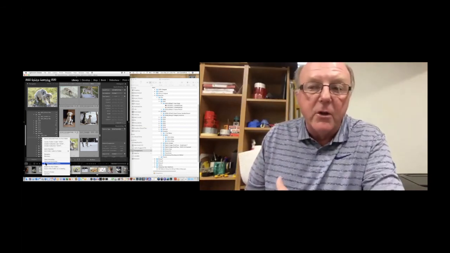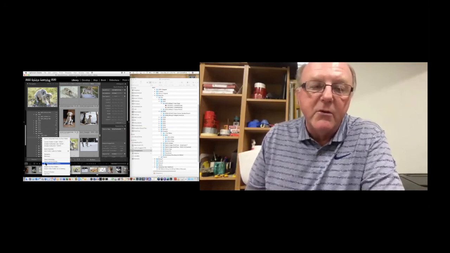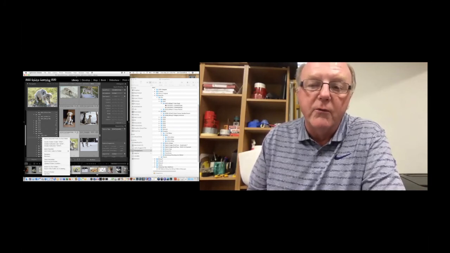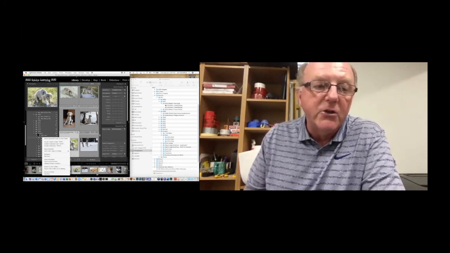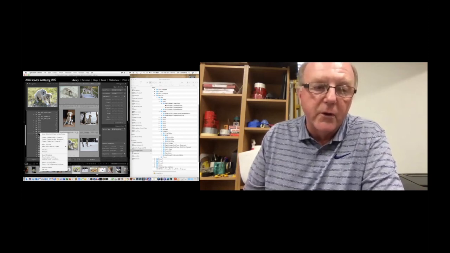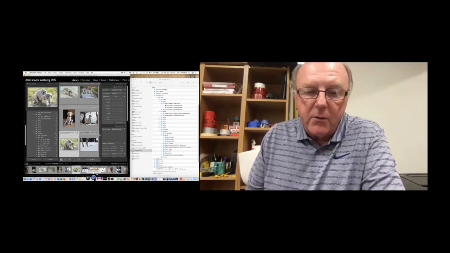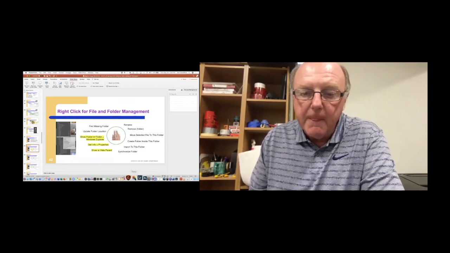So if that's not clear, it will be in the notes, but that's a case where when you're doing really, really big movements, you do want to do it from the operating system level and then just fix up the references here with the right click, find the missing folder or update the folder location over in the catalog. Okay, so the next things that we can do, anytime you're looking at a folder,